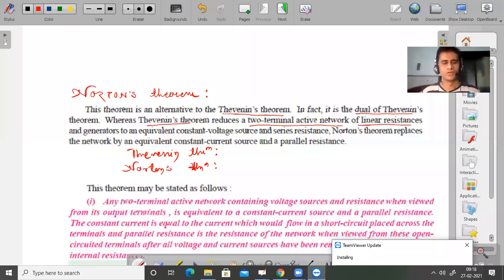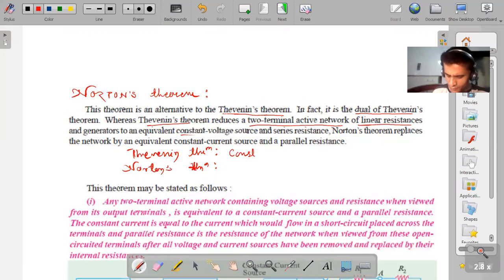Norton theorem is related to constant current source and Thevenin theorem is related to constant voltage source. See, I'll underline. This is the constant voltage. Therefore, I will write Thevenin theorem is related to constant voltage